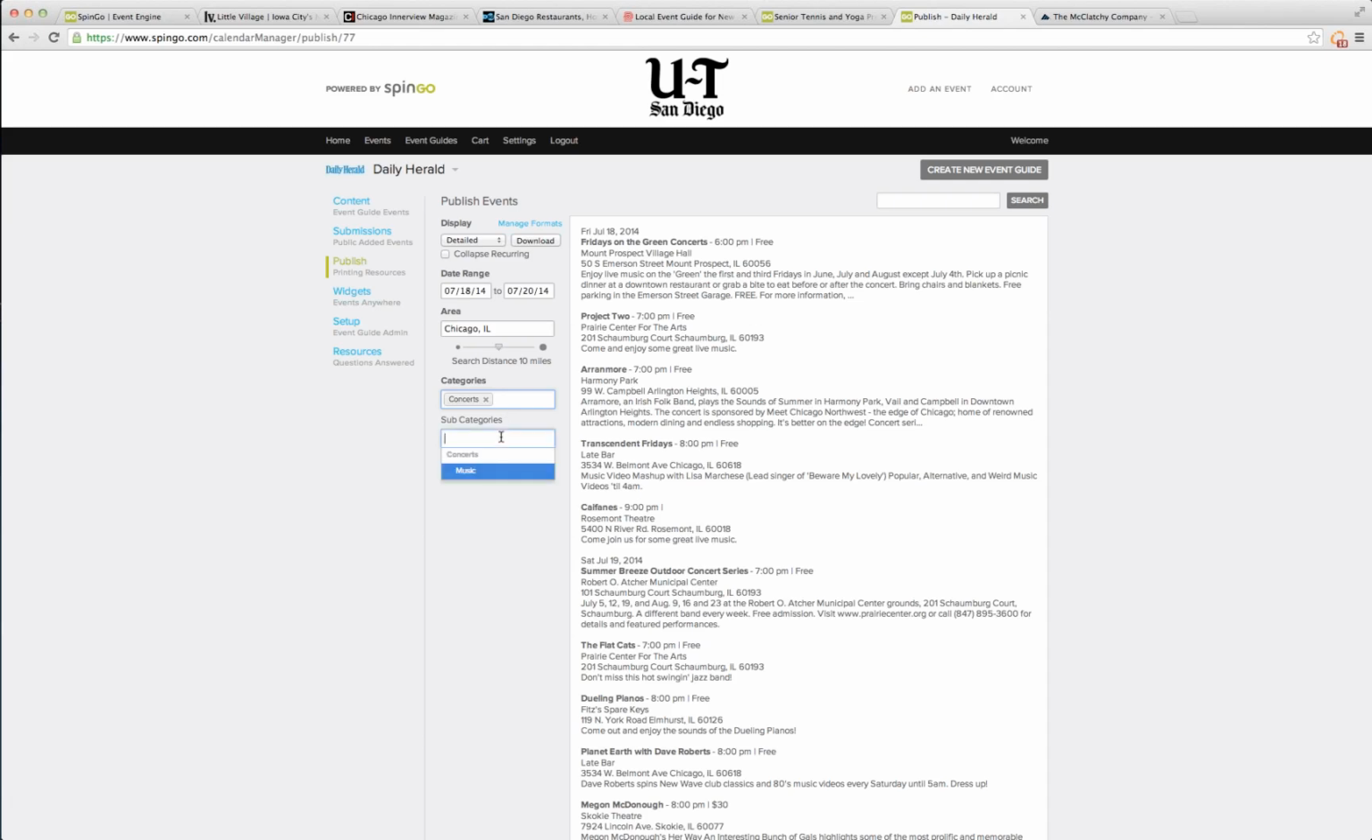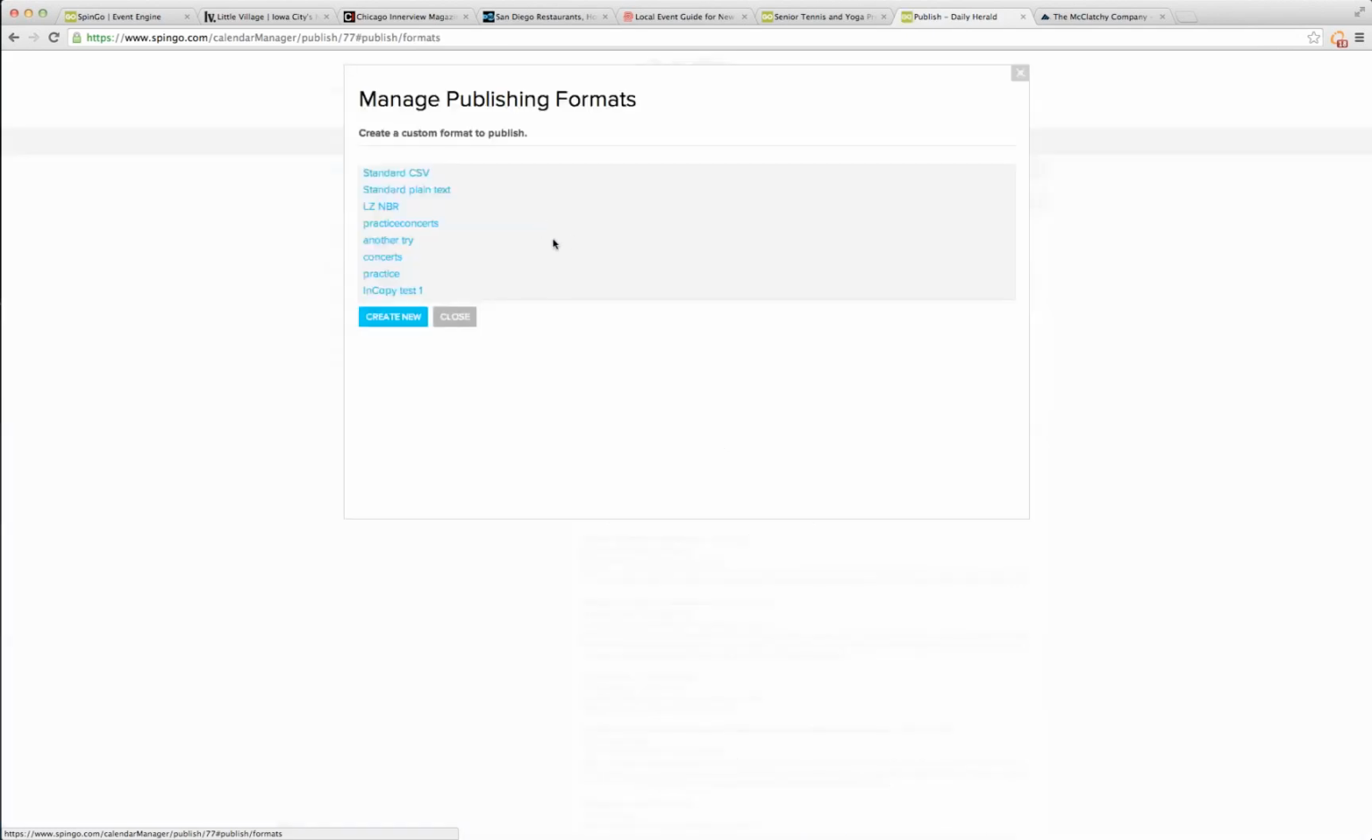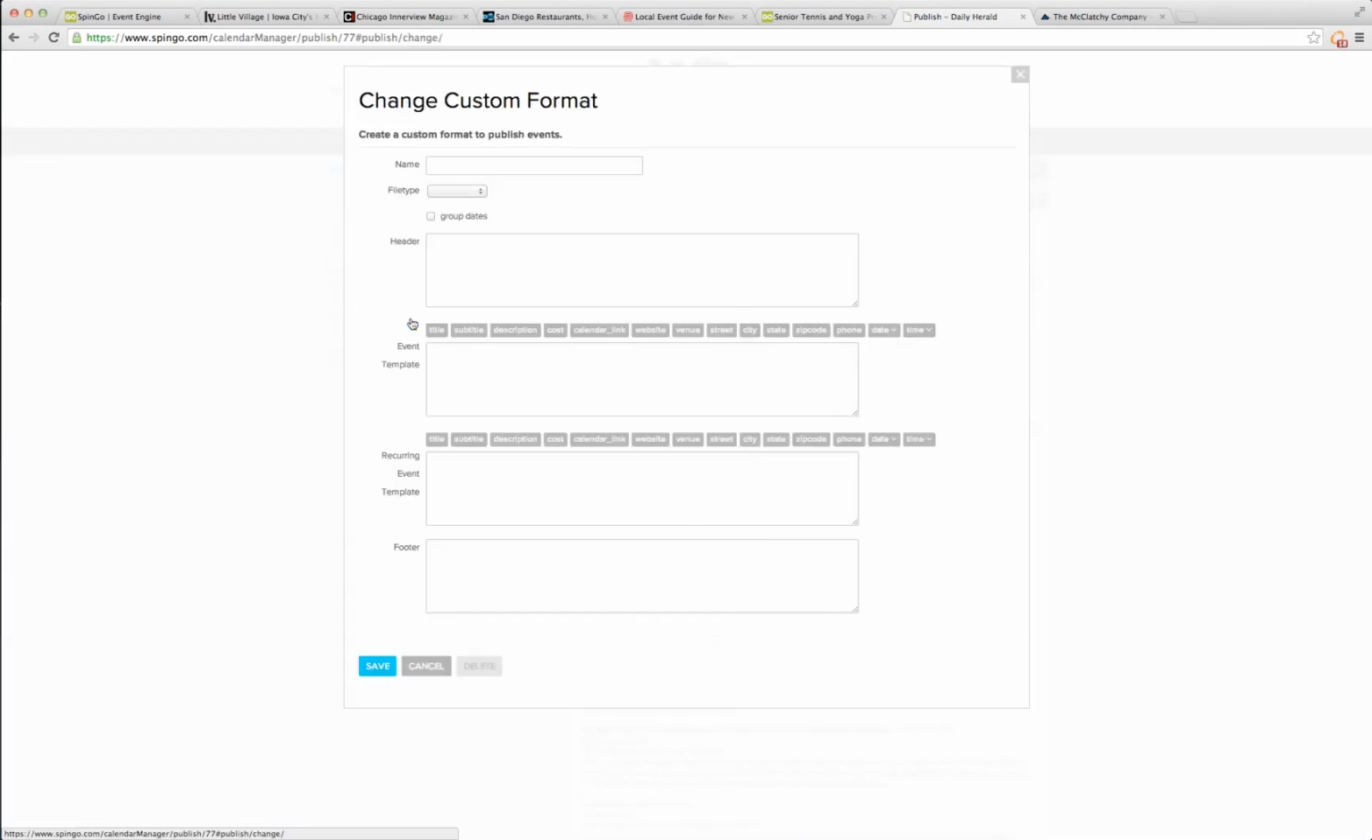Now, if I had a subcategory under concerts, let's say concerts in the park or family concerts, I can even apply subcategories or multiple categories to the same export. So if I wanted to do concerts and fine arts, all in the same export, I can do that. From there, you can download that, or you can come in here and create a new format, as I mentioned. You can click on Create New,